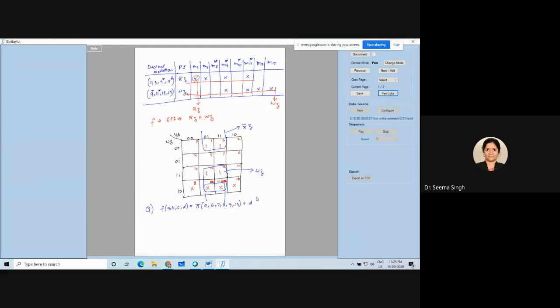Here also I am giving you a don't care term, that is 5 and 15, two terms are given as don't care. You have to solve it using the QM method only. So what is the difference here? The difference here is you will have your groups in the opposite form. In opposite form means your group 1